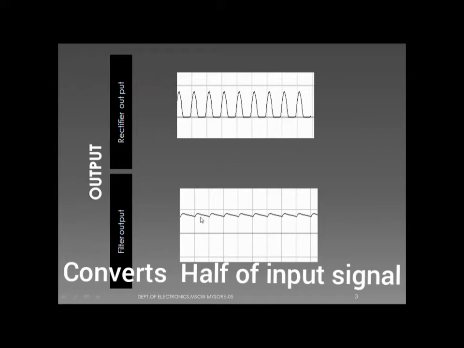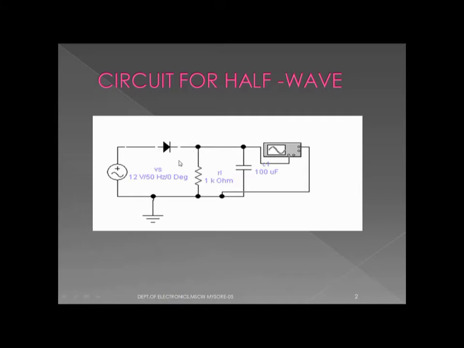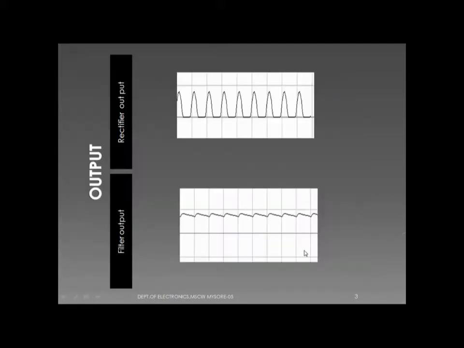This is the rectifier output and this is the filter circuit. Actually, this is your circuit for the half wave rectifier with the filter circuit. Okay, this is the half wave rectifier, this is the filter and this is the output. First we are going to construct the half wave rectifier circuit. First we will see the output of the rectifier circuit. Afterwards we connect the capacitor and we will see the output of the filter circuit.